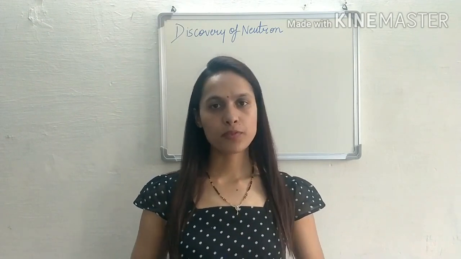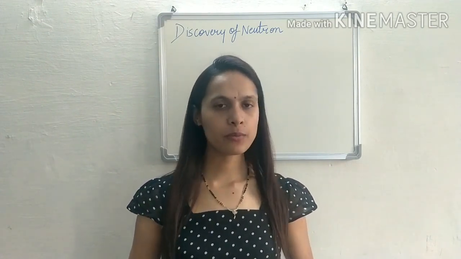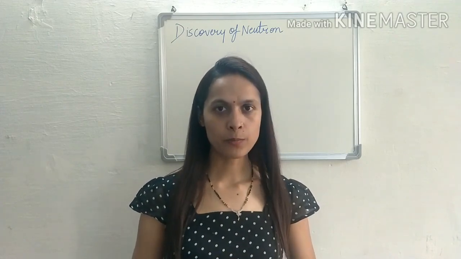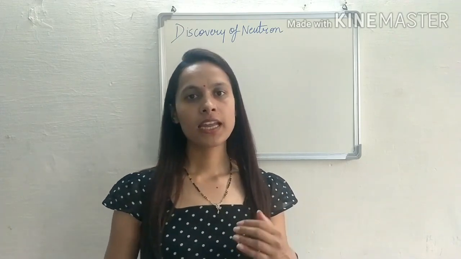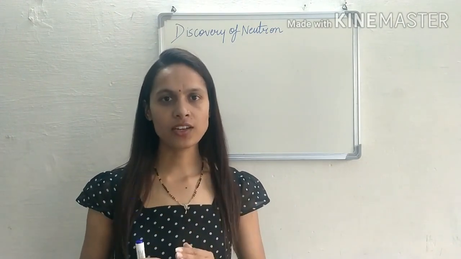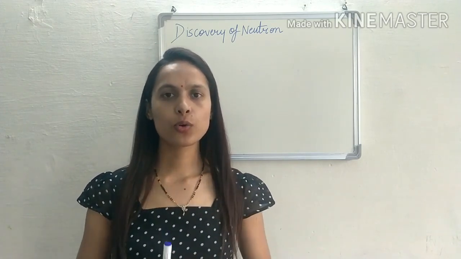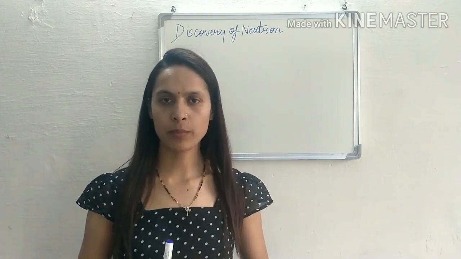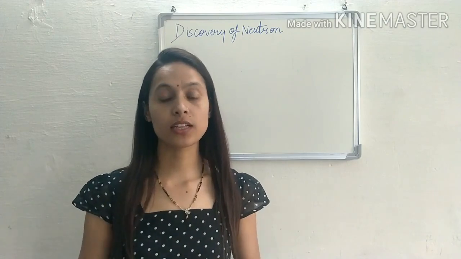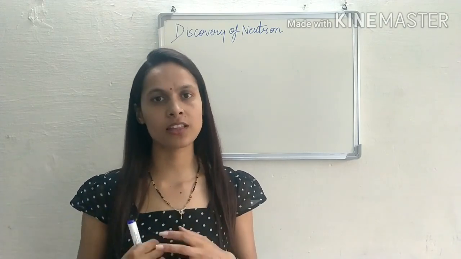The discovery of neutron was done in 1932. But before the discovery of neutron, in 1913, Henry Moseley performed an experiment. In his experiment, he tried to calculate the exact charge which is present in an atom. जो हेनरी मोजले थे उन्होंने 1913 में एक एक्सपेरिमेंट किया जिसमें वो ये फाइंड आउट कर रहे थे कि एक जो एटम है उसमें टोटल पॉजिटिव चार्ज और टोटल चार्ज कितना होगा.